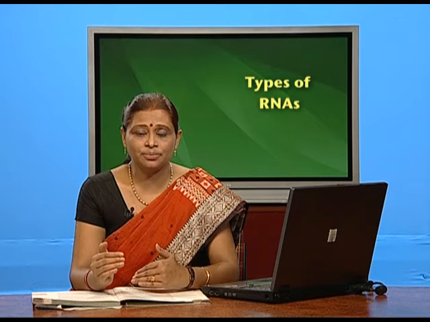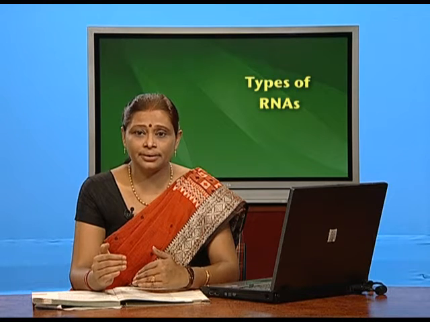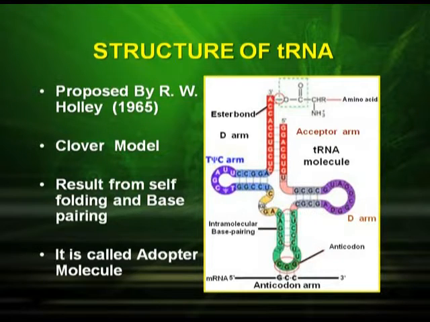Let's have a look into the picture of tRNA. Now this is a very famous structure which was proposed by R.W. Holley in 1965. It is commonly called the clover model, which results from self-folding and base pairing. It is also called an adapter molecule because it can adopt the amino acid from the cytoplasm and transfer it